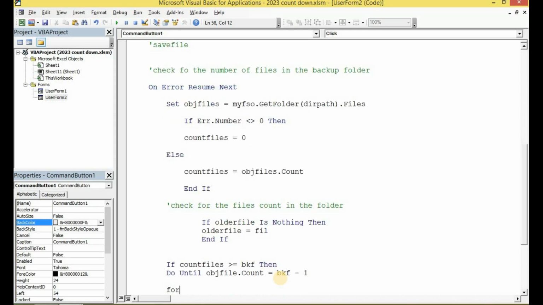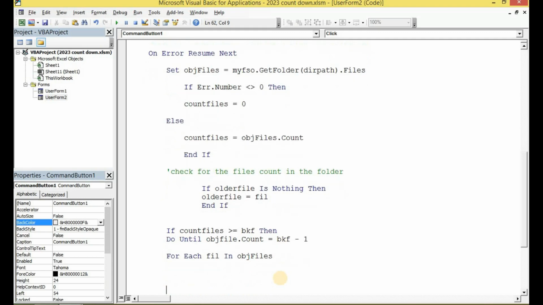It should do this for all the files in the backup folder. So let's say... okay, so this is what it's going to do. It is going to check and then carry out this for all the files. Now the next thing we have to do is to delete the oldest file and then replace it with a new one. So let's write this code